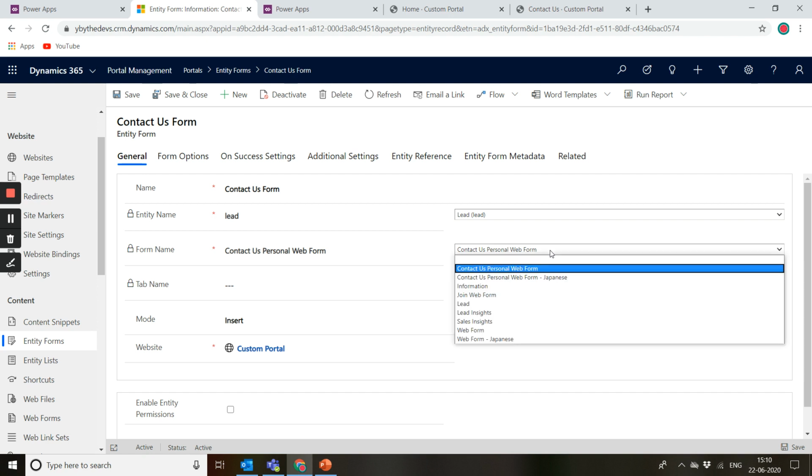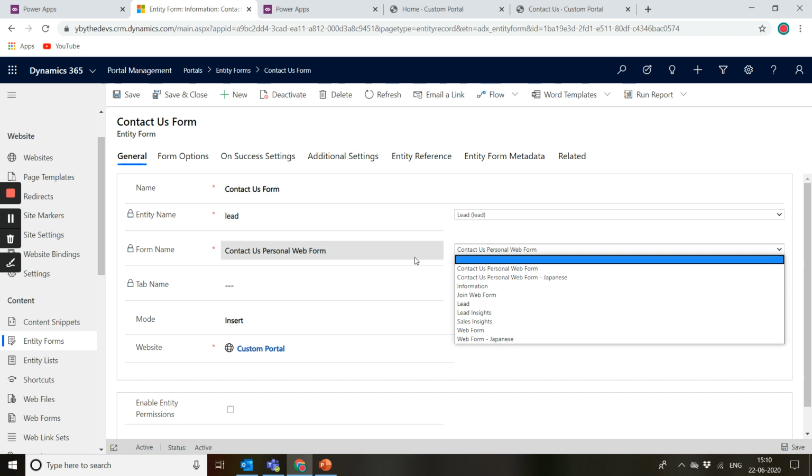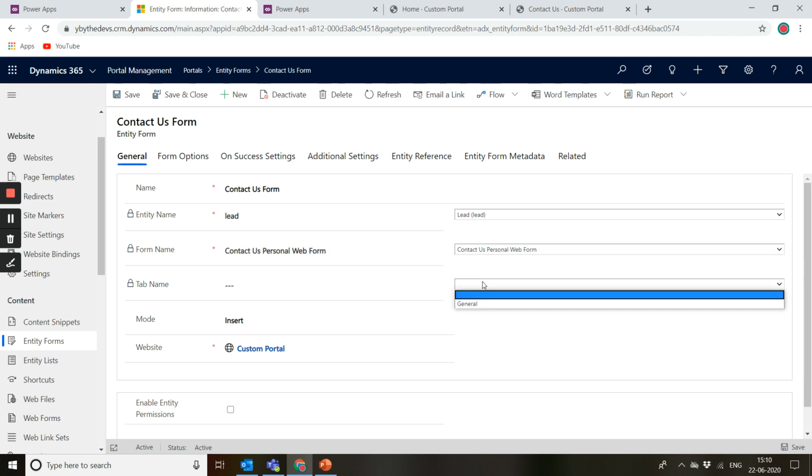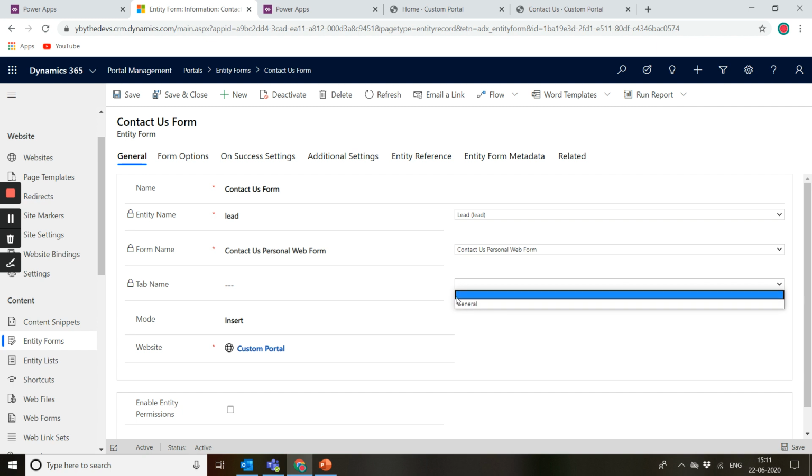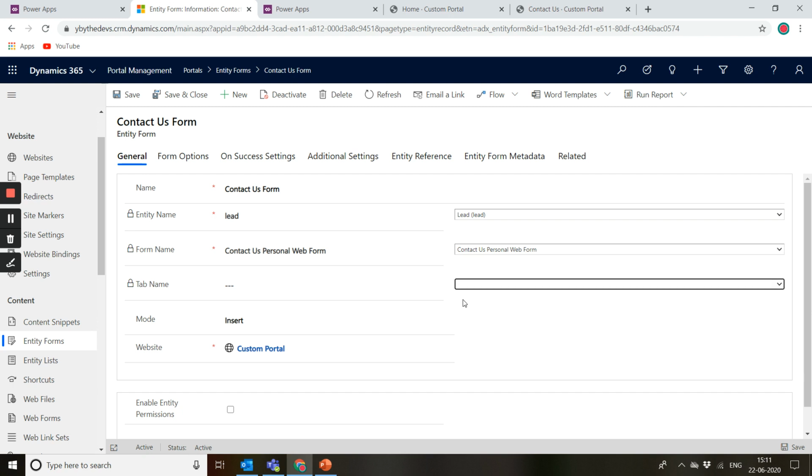So in Power Apps portal, if you're trying to configure any of the entity forms, then you can create new main forms. Only main type is supported, so whenever you are trying to create a new form, use the main type form. And then if you have multiple tabs as part of your form, you can select individual tabs as well. If I want to show general, and let's say there is one as advanced as well, I can select if I want to show the general details or the advanced details. Keeping it blank will show all the tabs one by one, one tab below the other.